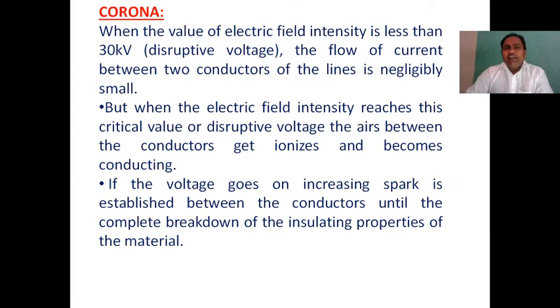What happens if the voltage gradient in the conductor increases? If the voltage increases abnormally, as in extra high voltage lines, 400 kV or say 765 kV, there is more voltage gradient. Because of the more voltage gradient, the electric field intensity around the conductor is very high. More voltage causes more voltage gradient, and in the outside atmosphere some molecules are present.